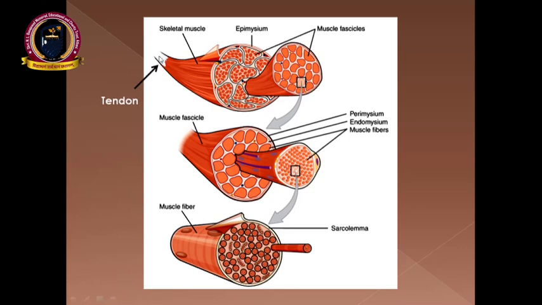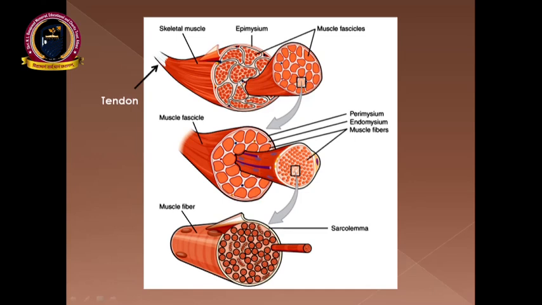Okay, this is the tendon, for example, here, and this is the muscle which is cut open here to show the internal structure. The upper covering, the outermost covering, is the epimysium,